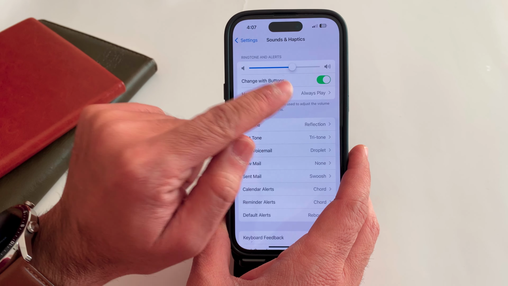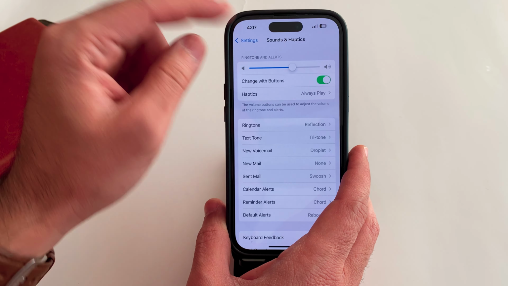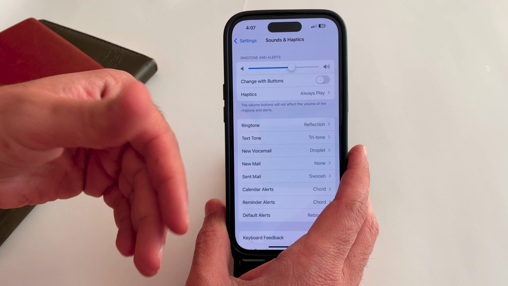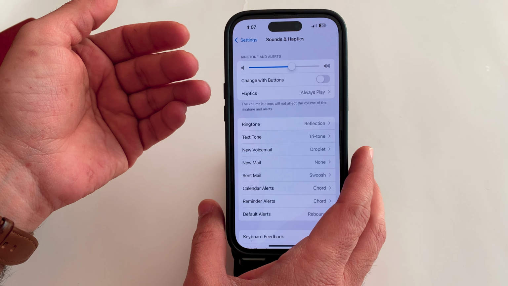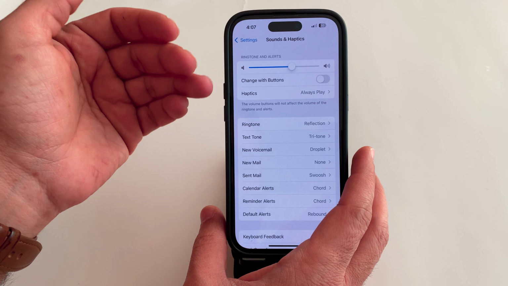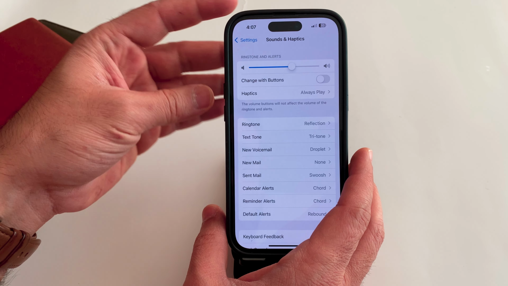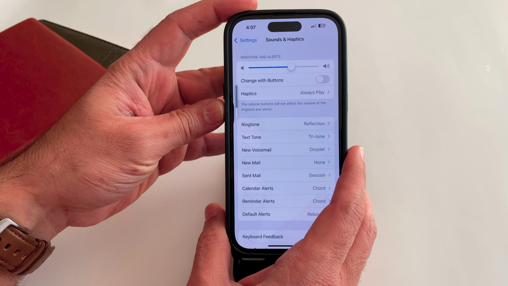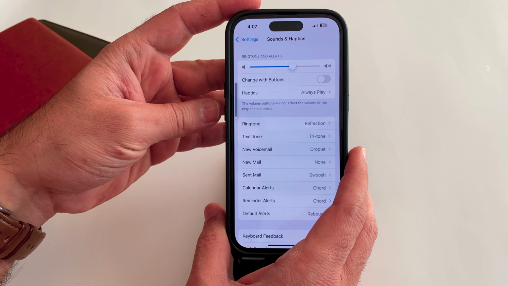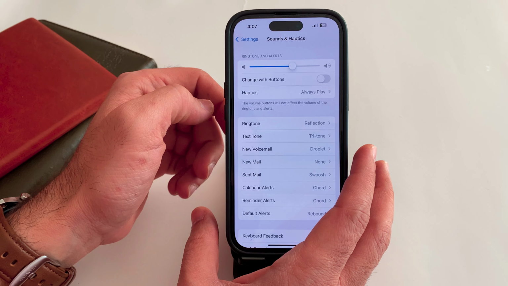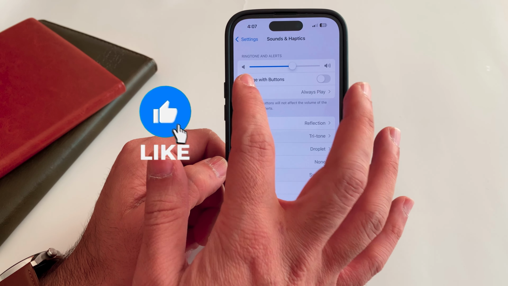If you wanted to keep it like before, because sometimes you use the buttons, you turn it down, and maybe you're not aware, and then you will get a very important call for example, but you will not be able to hear it, because you've already turned the volume down from here. This is very crucial for some situations, but for those who want to know how to change with buttons,